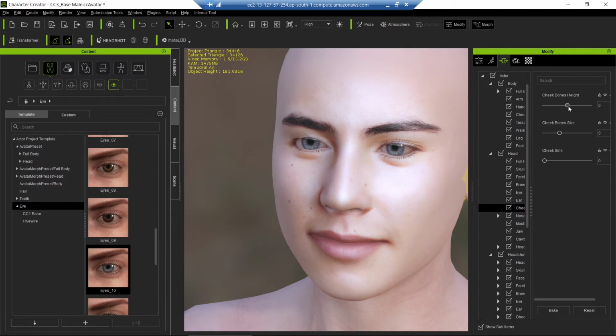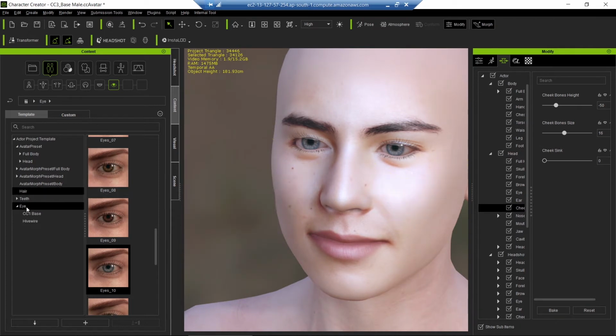Either you can change the values here to make the effect, or cheekbone sizes. So these you have to make very little, or I'm just giving you this, just drag it out, and it will give you the effect around that part. You can see how it is affecting the mesh of the body. So you can completely customize your body in this way.